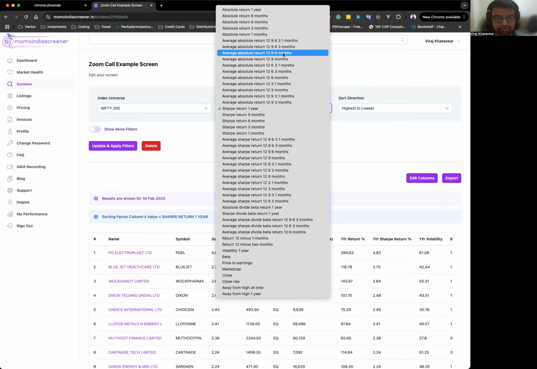So for example, average of 12, 9, 6 months is basically we take absolute return of 12 months, absolute return of 9 months, and absolute return of 6 months, and then we average it out. So for example, 1 year absolute return is 100, 6 month absolute return is 50, and